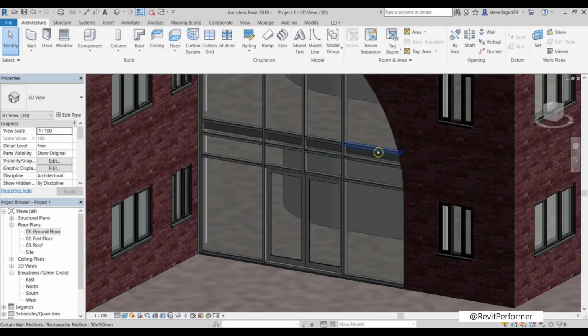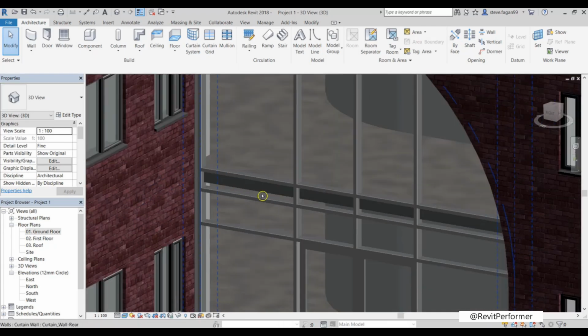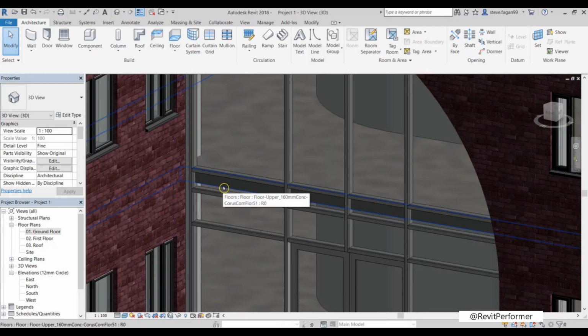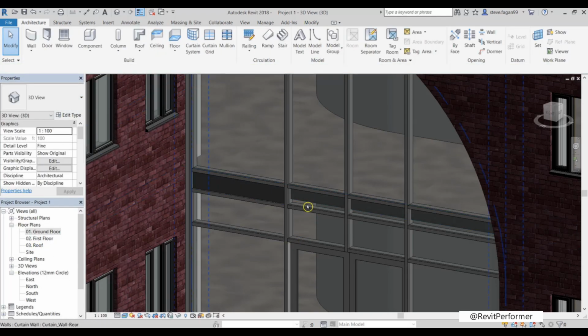So in this level here, you're able to see the slab behind the glazing. So what we can do is change that panel to a solid panel. You can do that in the 3D view. Again, putting the cursor over the panel, pressing the tab key until the panel becomes highlighted, click with the mouse. We can change it over to solid. Same again, tab,